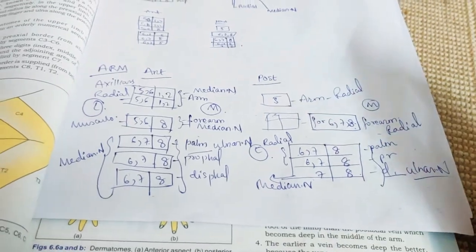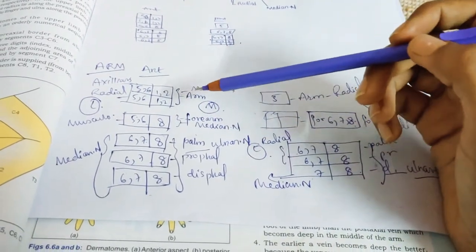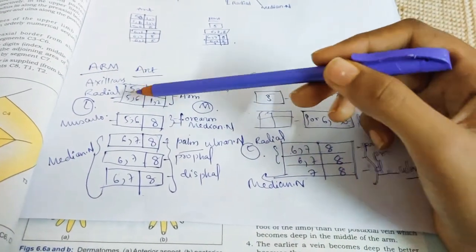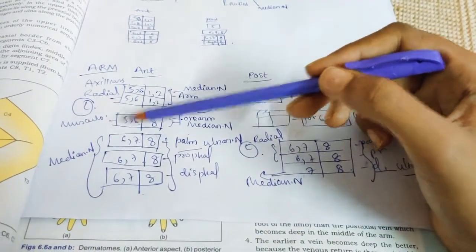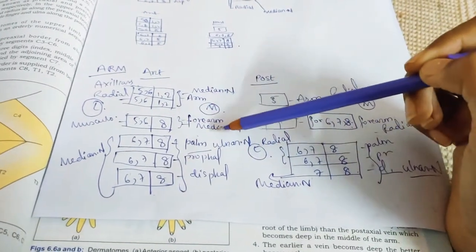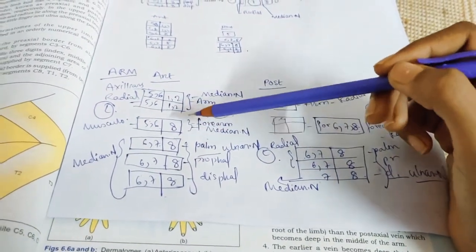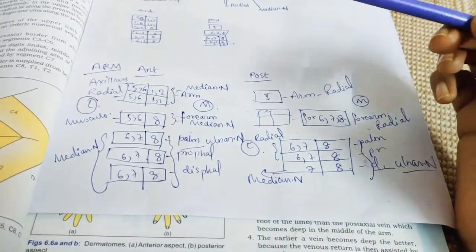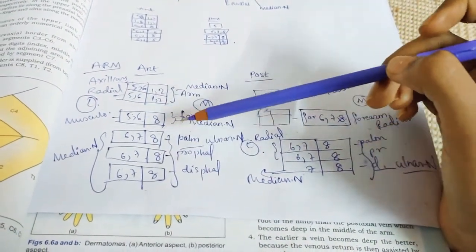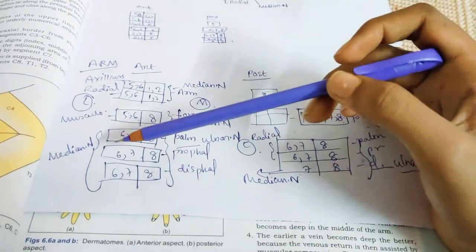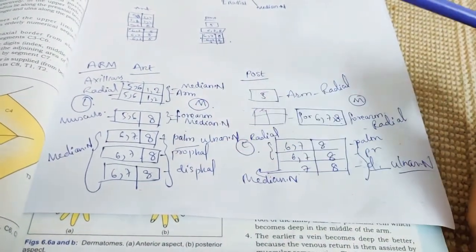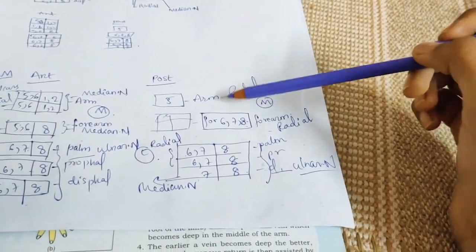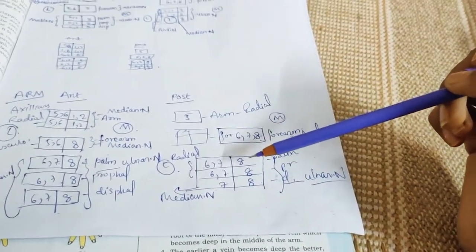In the before video on cutaneous nerves, you will easily understand: arm medial side supplied by the median nerve, arm lateral side first part supplied by the axillary nerve, next part by the radial nerve, next part by the musculocutaneous nerve. In the case of the forearm, the medial side by the median nerve, right, lateral side by the musculocutaneous nerve. In the palm, medial side by the ulnar nerve, on the lateral side by the median nerve. So this thing we already discussed in cutaneous nerves. And the posterior side mostly by the radial nerve, either in the arm or forearm, whereas coming to the palm only it will change.